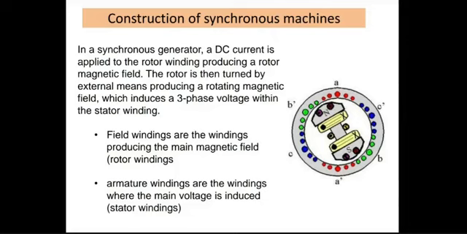So essentially, this flux that is being produced by the poles on the rotor cuts through the three-phase windings on the stator and produces the required three-phase output. A similar thing works for single-phase AC generators also. Only thing is on the stator, instead of three-phase windings, you will have single-phase windings.